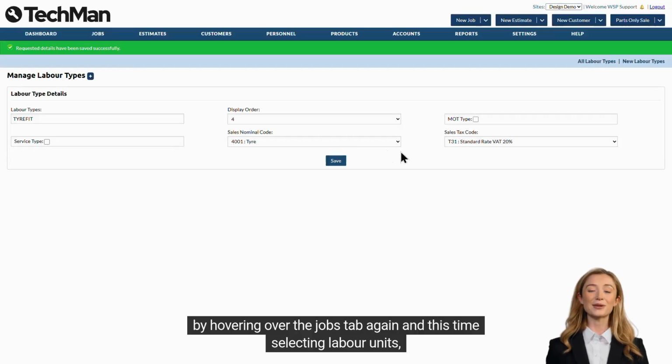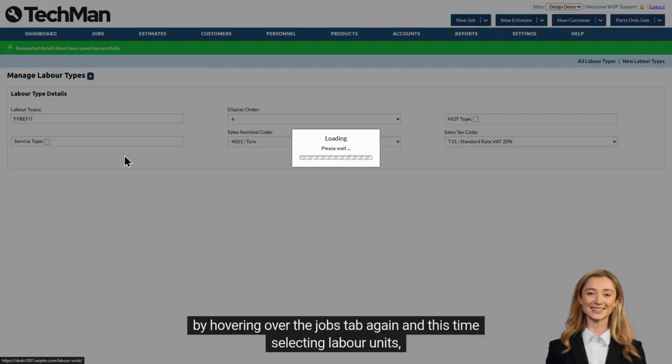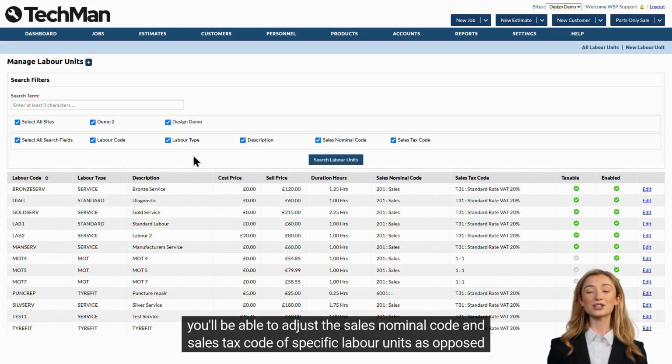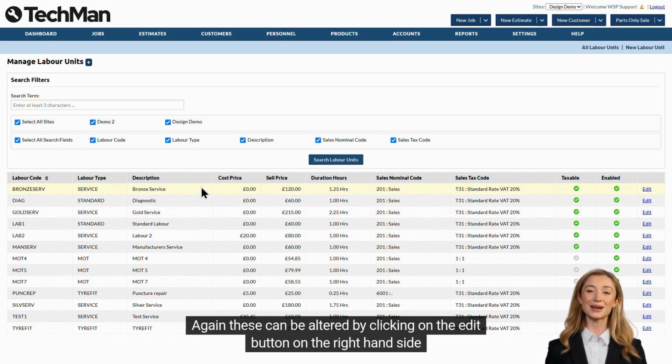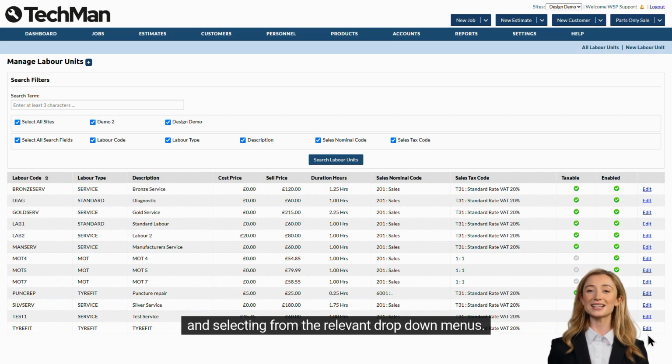Alternatively, by hovering over the Jobs tab again, and this time selecting Labor Units, you'll be able to adjust the sales nominal code and sales tax code of specific labor units as opposed to the broader labor type. Again, these can be altered by clicking on the Edit button on the right-hand side and selecting from the relevant